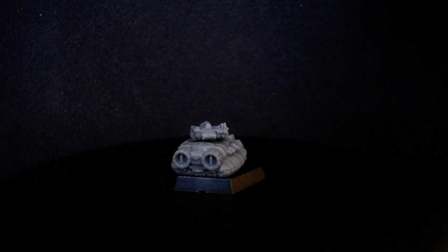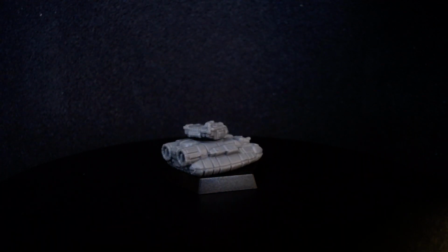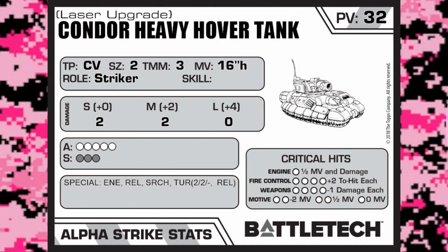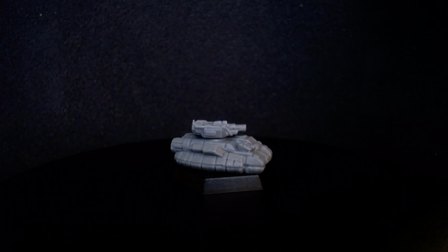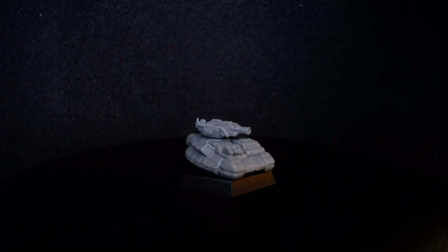The first of these, you might have noticed I said that's not going to be confusing. The first of these is the Laser Upgrade Condor. Yeah, not confusing at all, and I see why they did it though. So it's 32 points. It's a combat vehicle, size 2, TMM3, movement of 16 inches hover. It's a striker. Has a short and medium of 2 with a long of 0. Has armor of 5 and structure of 3. And I think I mentioned laser reflective armor a moment ago. This has energy, re-engineered laser, searchlight, and turret 220, re-engineered laser. So this is made to combat those units with the laser reflective armor. It's not bad for what it does. I mean, 32 points for a unit that does 2 damage, though it feels,